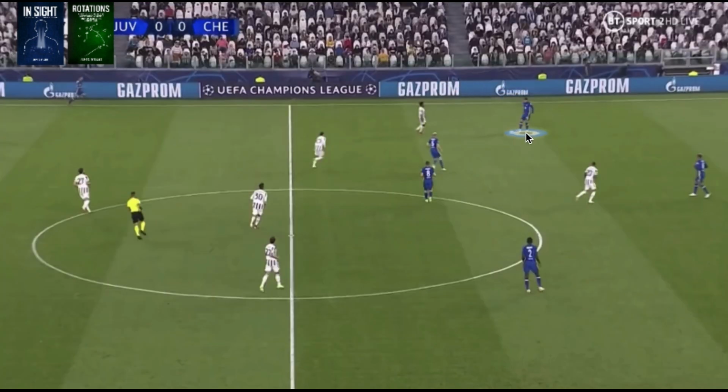Now with Chelsea in possession, they didn't change too much. They've lined up in a similar structure for almost the entirety of the season with their back three and their two holding midfielders, playing against the Juventus structure that looked to change quite a lot. So they changed from a 4-4-2 to a 4-1-4-1, and then in deeper areas they looked to create a 5-3-2